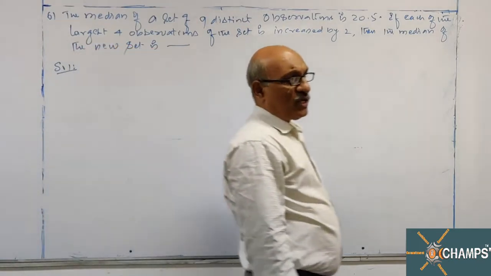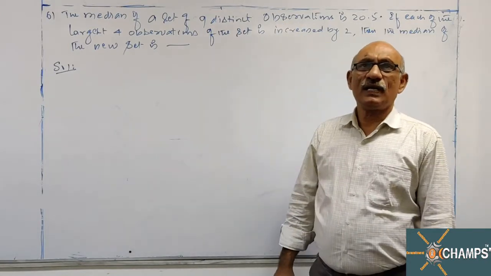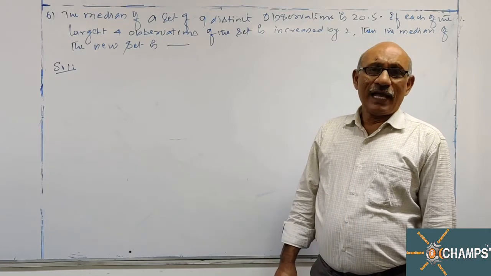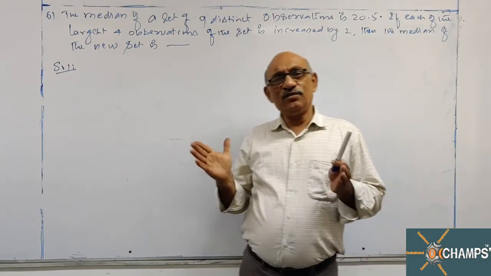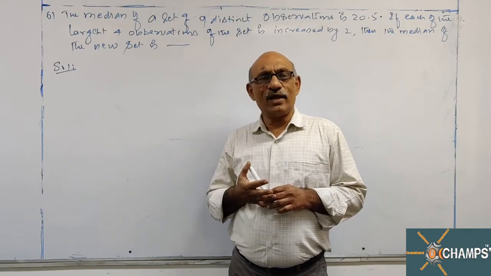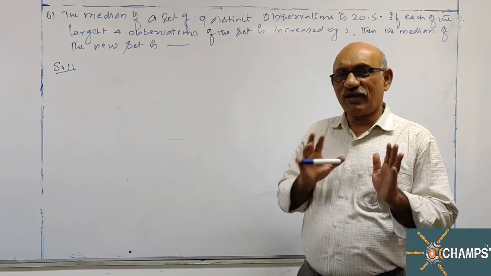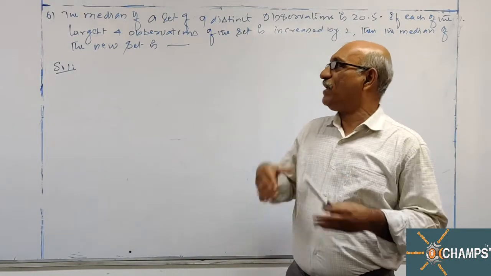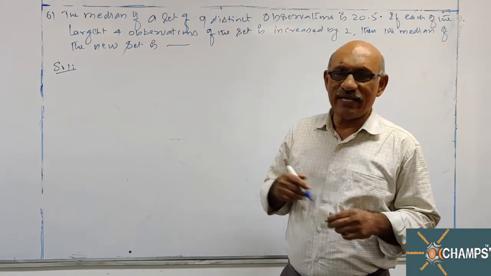Look at this, sir. The answer to this question is based on the property of median. Median is a positional average, and calculation of median is not dependent on each and every observation. It is a partition value. To what extent is median dependent on the other values? Other values are less than median or more than median. For this comparison only, the value of median is dependent on other observations. When you add 2 or you add 10, you add 100, it doesn't make any difference on the value of median. Okay.